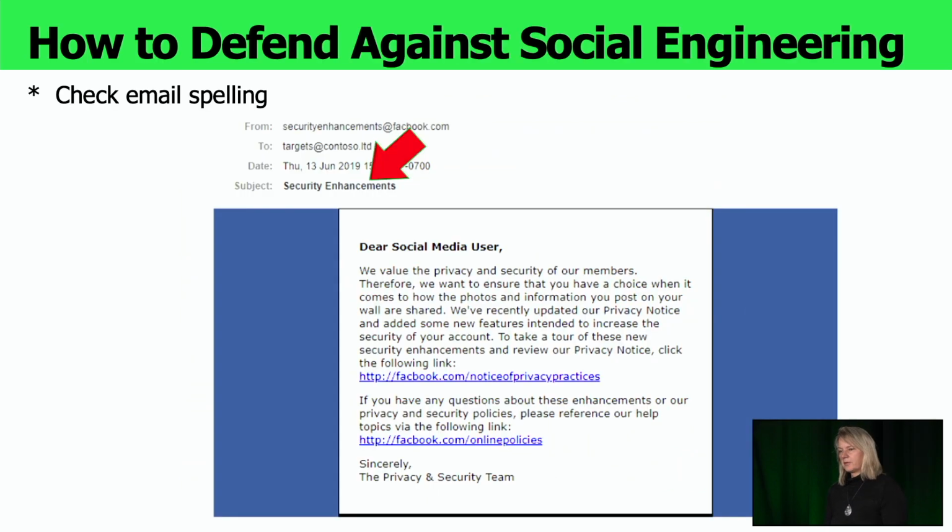Here are also some other examples of how you can check your emails. So the first warning for you, if you read your email, should be: is it really correctly spelled? If you notice some mistakes, then you should also think that this might not be a real email from a real person, but some kind of manipulation again. So mistakes are giving you a hint to get more suspicious.